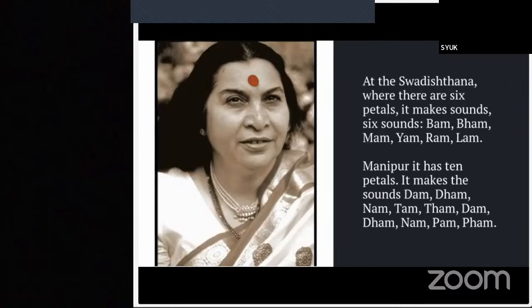At the Swadhisthana, where there are 6 petals, it makes 6 sounds: Ba, Bha, Ma, Ya, Ra, La.